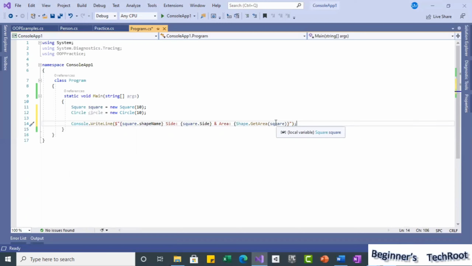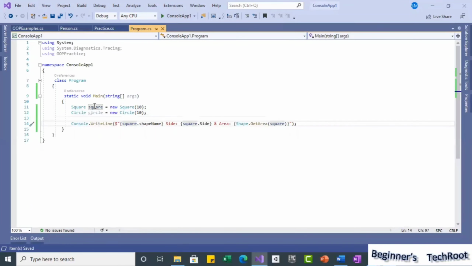So that is what we are doing. This Shape we are passing here now. This is where the polymorphism happens automatically. That is what I am trying to explain here. Now if I execute this and see, similarly for circle, first I will try with the square shape and see what values we get.